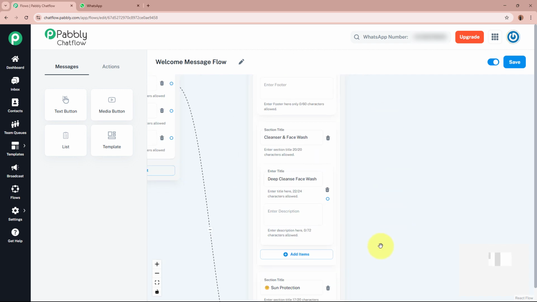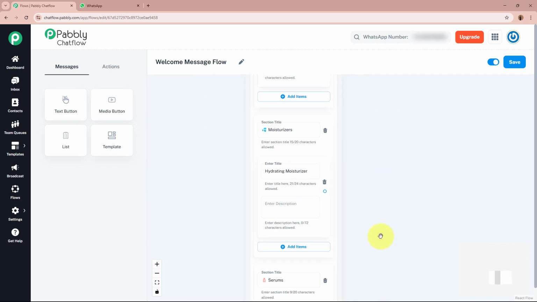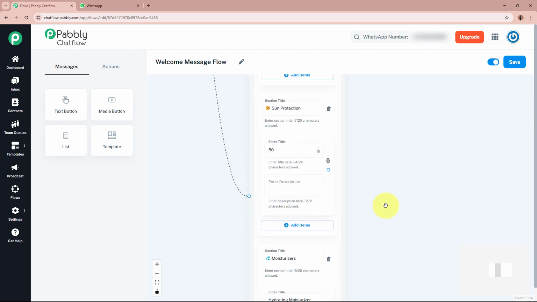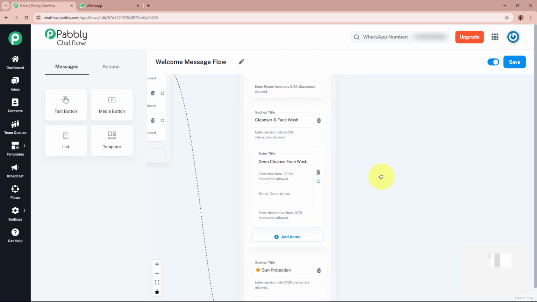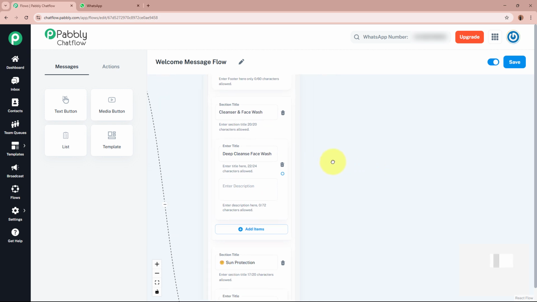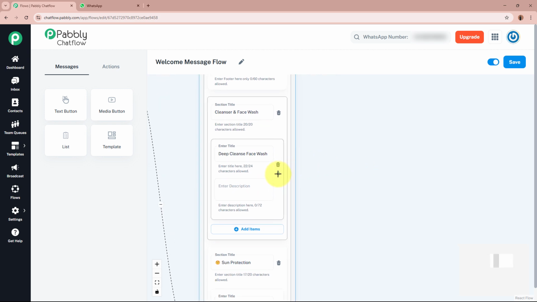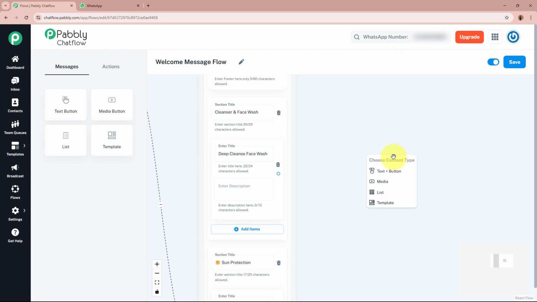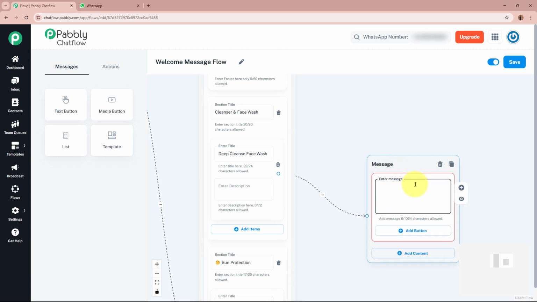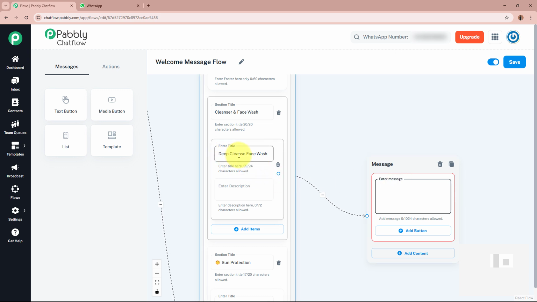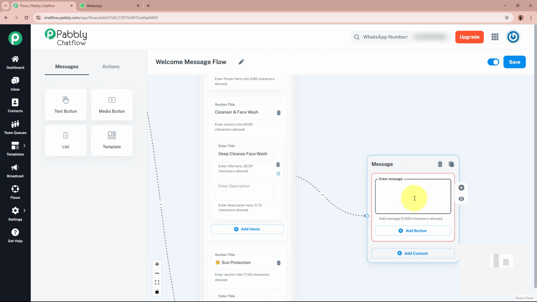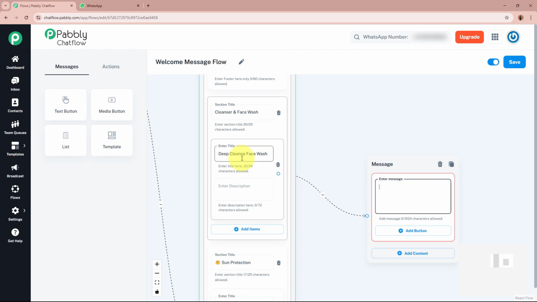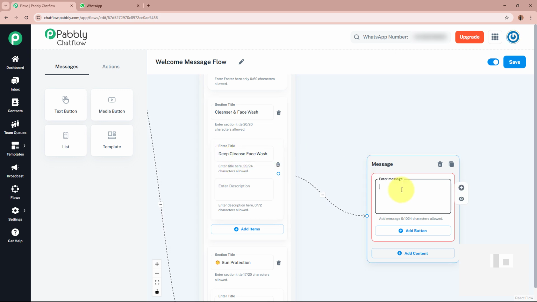Okay, so as a customer is going to select one of these items, we have to give a good description message for each of these items. Now in order to do that, I'm going to click on this circle button and drag it right over here, and from the options, I'm going to select text and button, as we're going to now enter a text for this item, that is Deep Cleanse Face Wash. So I'm going to add a description in this message for this item, Deep Cleanse Face Wash. So this is the description of the message that I want,